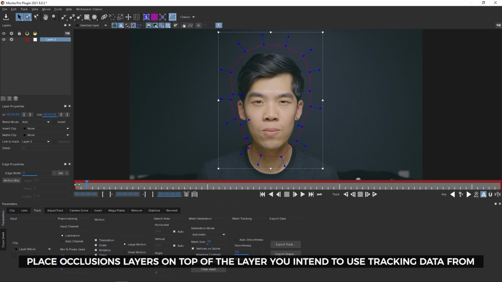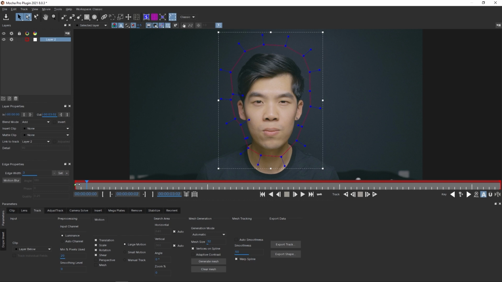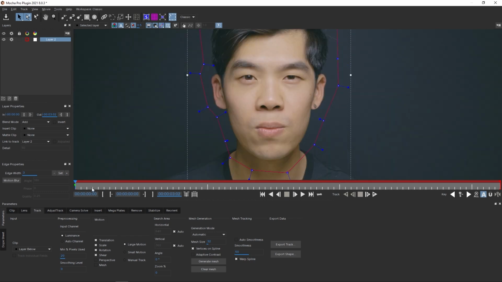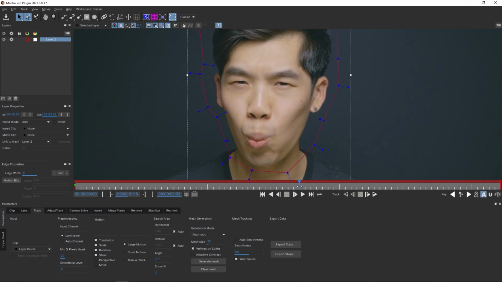So for example, if I was tracking a shirt and my hand or my arm kind of blocks it temporarily, or there's any reflections or glare on whatever you want to track, then you'll want to track those first, so Mocha will know to avoid that when tracking what you really want later. So in this case, nothing goes over my face that would block it and mess it up, but